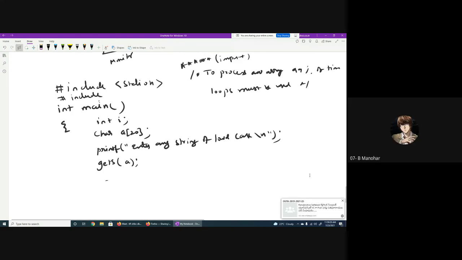Because the array is of size 20, sir. But the input I'm going to give is uncertain, no? The maximum length is 20, but the input I'm going to type need not be 20, right or not? Sir, we can terminate it by using the null character. No, that is fine. I told already, every for loop can be replaced by a while loop, and every while loop can be replaced by a for loop. But you must tell the appropriate one.